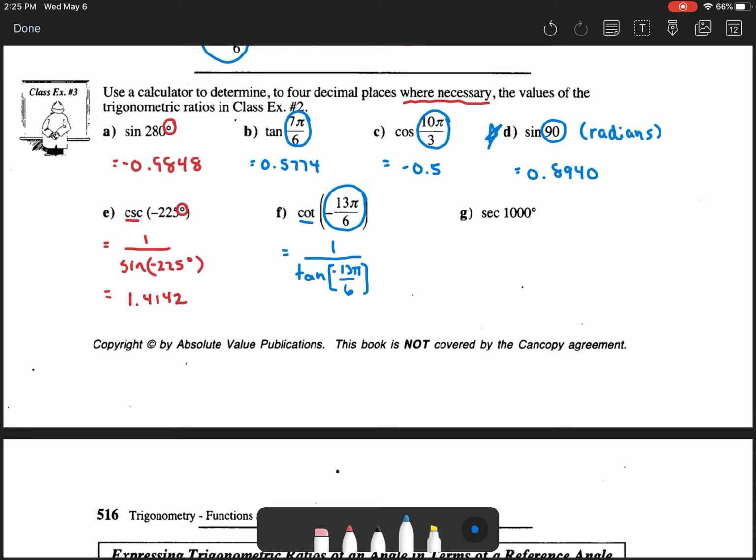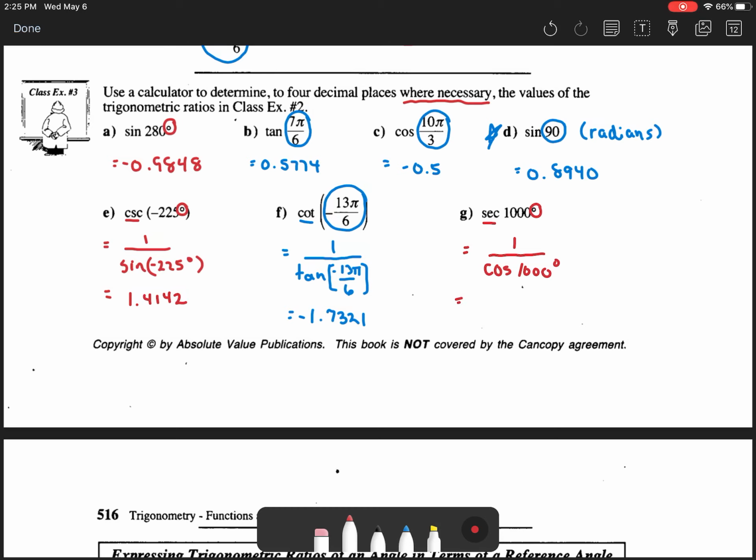So negative 13 pi divided by 6, the tangent of that answer, and then 1 divided by that value. Okay, so that's going to give you negative 1.7321. And then lastly, okay, degrees here, secant. So secant is the reciprocal of cosine, so this is going to be equivalent to 1 over the cosine of